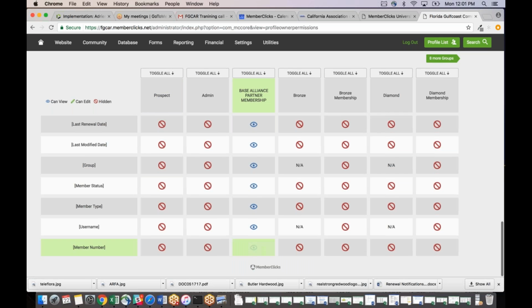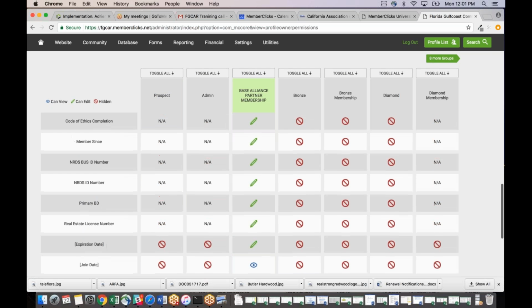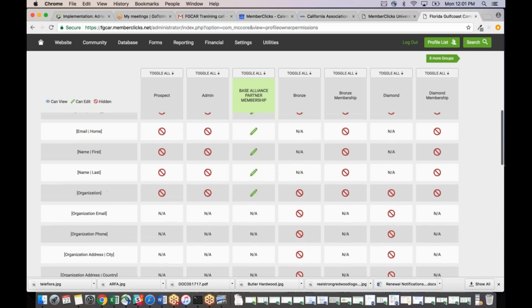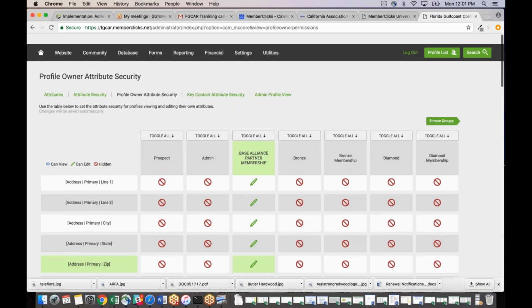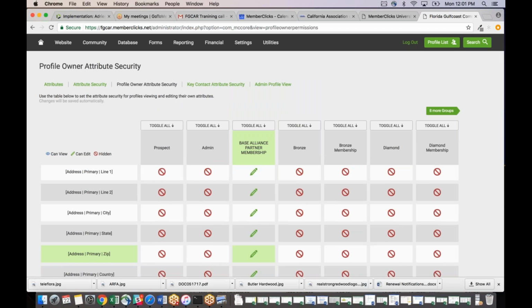Okay. This is very tedious, but it is very crucial that this is done because we're not going to be able to go live until this is complete, because it affects so many different pieces of the system. So, for example, one thing that most of my associations don't think about when completing this is that this also has to do with any